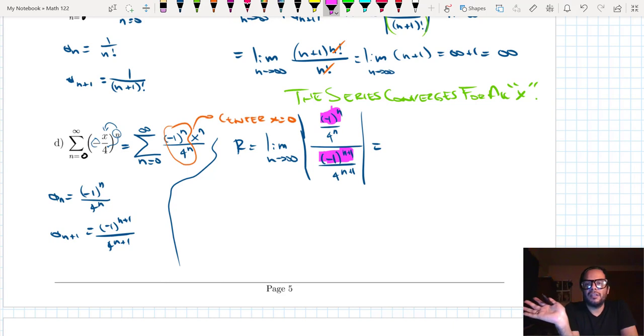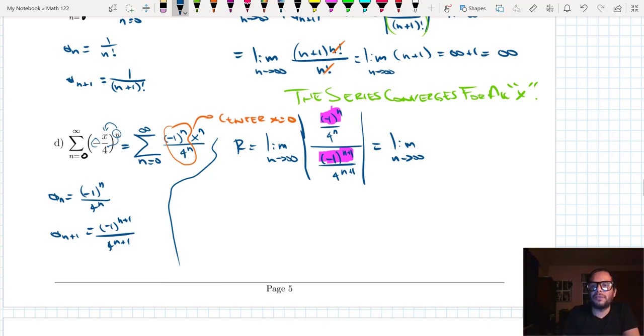We can just erase those in the next step. Why? Let me explain that. Because we are going to have the absolute value. Okay, we have absolute value bars. This negative 1 to the n is going to give us a bunch of positive and negative signs, but that absolute value symbol will eliminate any positive or negative, so we're good to just ditch these two quantities I highlighted in purple